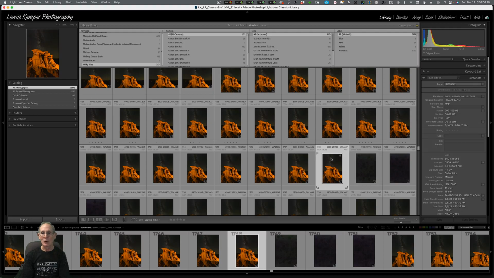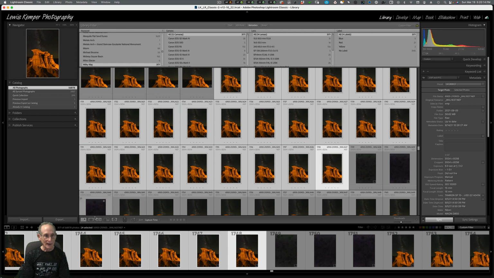So I'm going to go into Lightroom, and I've got, let's see, if I click on the last one and click on the first one here, I've got 24 images selected. Again, if you look at them, they're f3.2 at 6 seconds a piece. These were done at ISO 10,000. These are raw files done with my Nikon D850, so they weren't compressed raw files, and they will open up